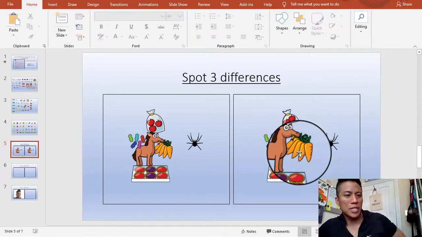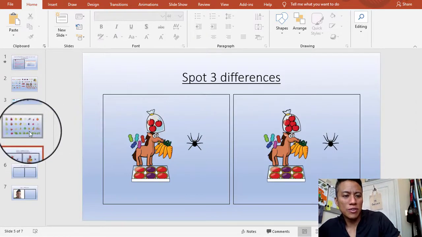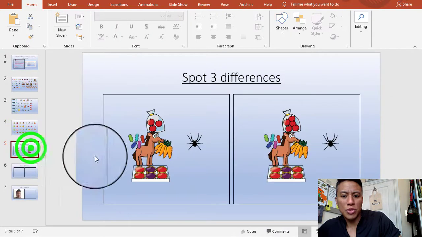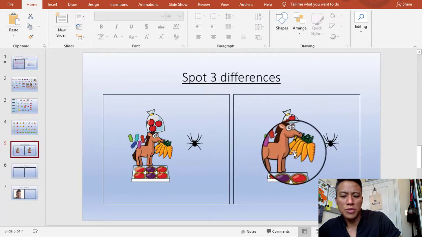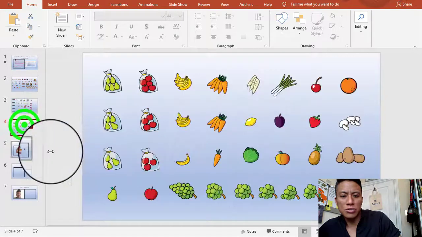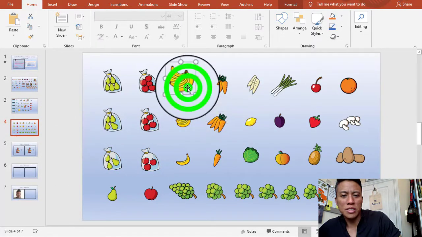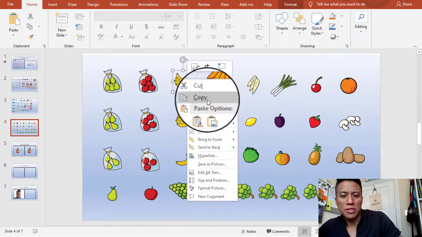Let's make another difference with the carrots. Okay, so we'll look for the fruits and vegetables. Maybe I'll have, how many carrots were there? 1, 2, 3, 4, 5. I'm going to choose 4 carrots. Oh, you know what? I'm going to change it into bananas instead. Yeah. So copy,